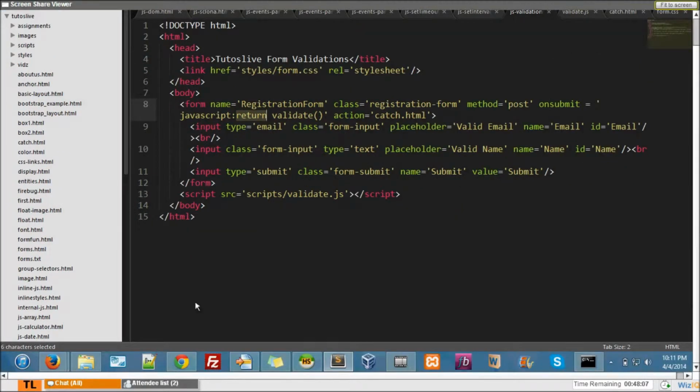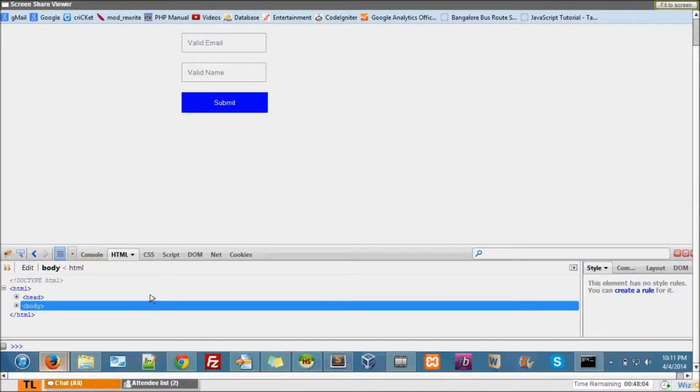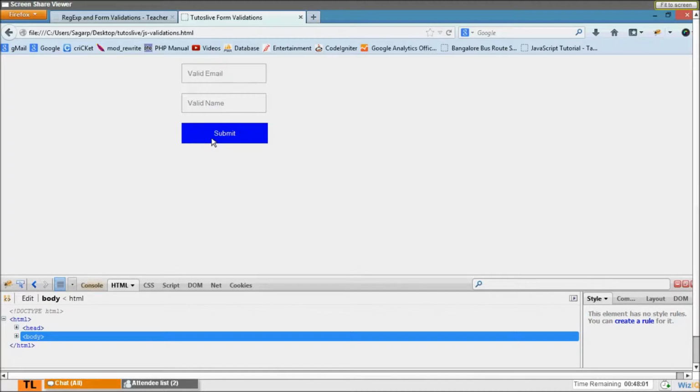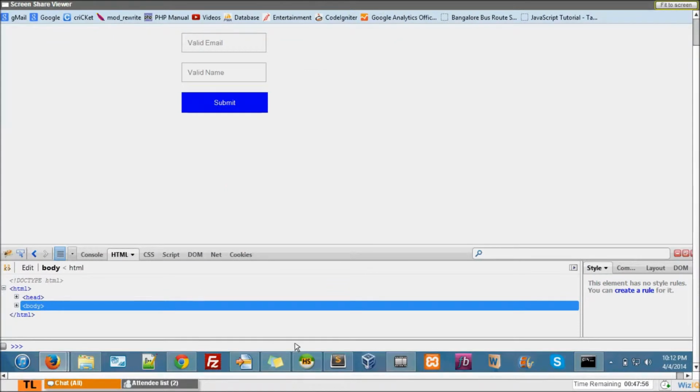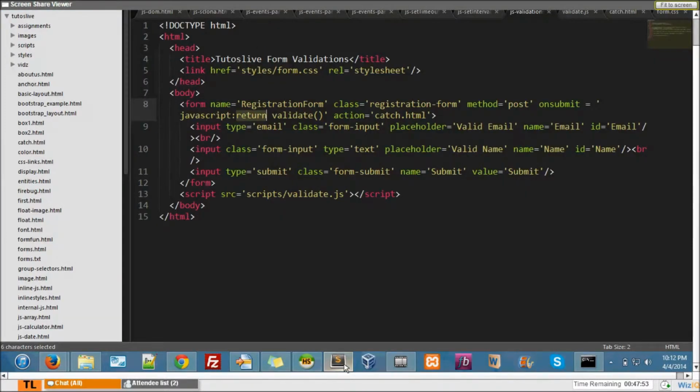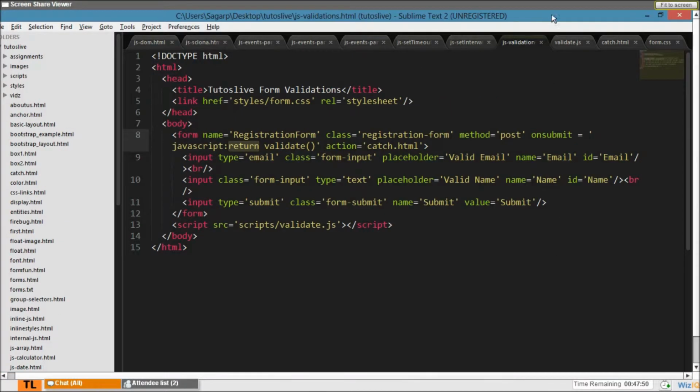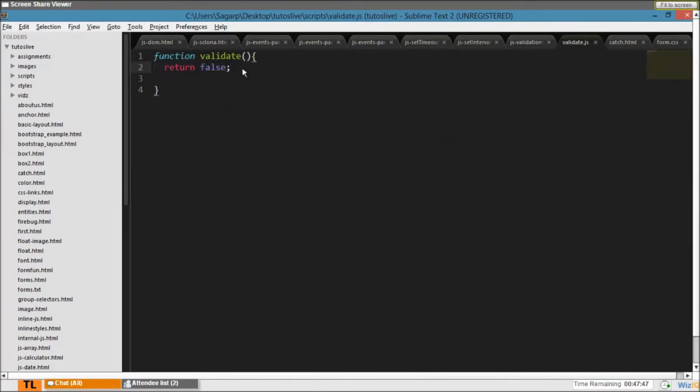So now how do I access the form values? This is how I access the form values. So first, var name or email, let's say. The first one is email, right? So this is accessed like this: document dot whatever the form name is, then whatever the element name, dot value. This is how I access the value. Okay, this is how a value is accessed.